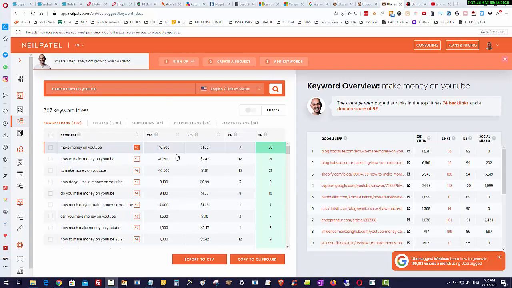Now, also, have a look at this. Make money on YouTube, although it's 40,500 search volume per month, it's $1.02 cost per click according to this. How to make money on YouTube is $2.47. Okay, so it's basically the same intent for these, make money on YouTube and how to make money on YouTube, in my mind anyway. You might have a different opinion, but we're not paying anywhere near that. Okay, we're basically bidding at the very, very low end, and because of the way we're doing it, we're able to get away with it,